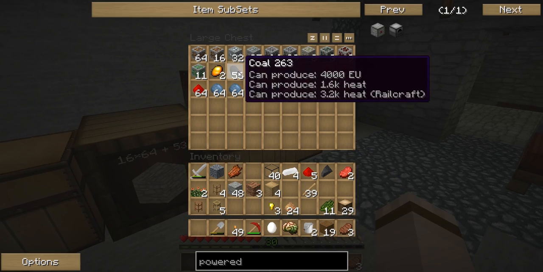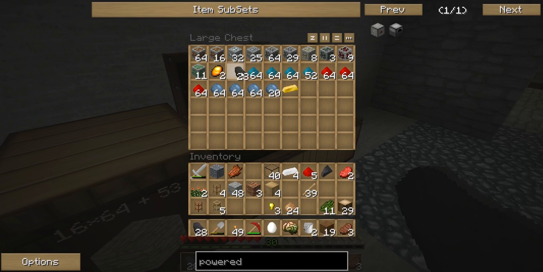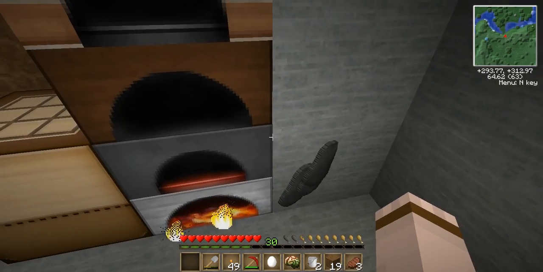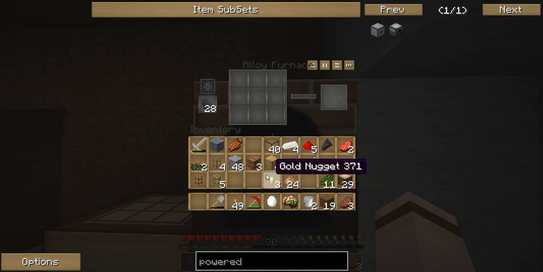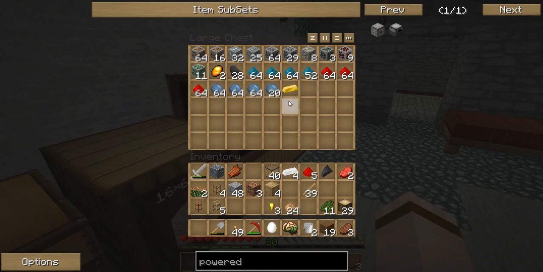And the alloy furnace is pretty easy to use. It just uses coal, just like a regular furnace. Plop it in there. Whoop. Come on. Work with me here. Put coal in there. And then what we're going to do is we're going to take, let's see, where do we put,